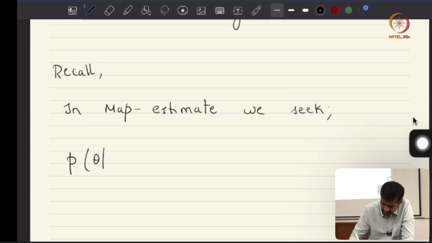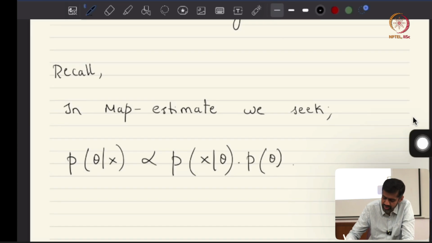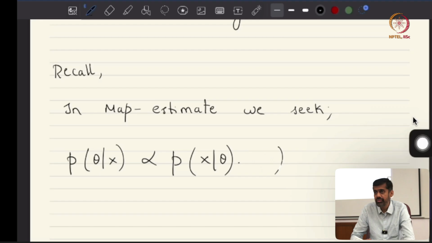I can use, let's say that we have one data point, it doesn't matter. So we expressed the posterior of the parameter conditioned on data in terms of the prior on the parameters and the likelihood of the data conditioned